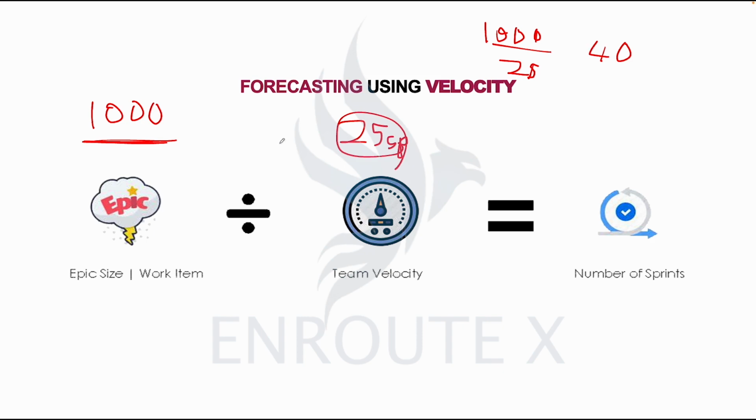So from that simple calculation, it means where we have a total of 1000 story points to deliver a particular feature or epic or a particular product, we are looking at 40 sprints to finish the entire project or epic